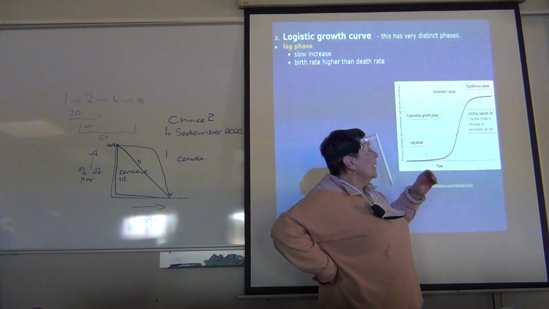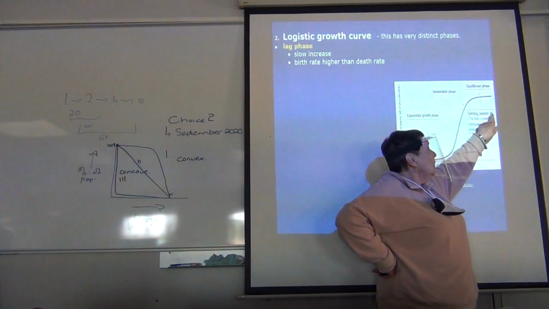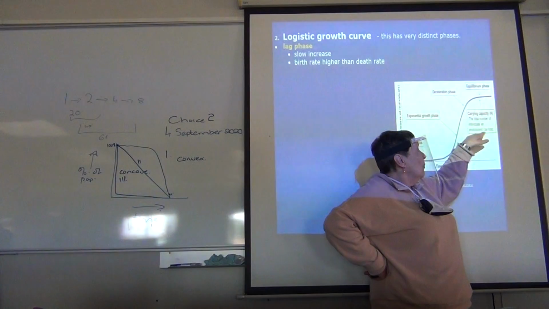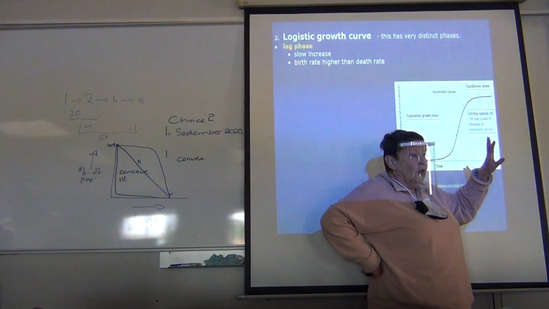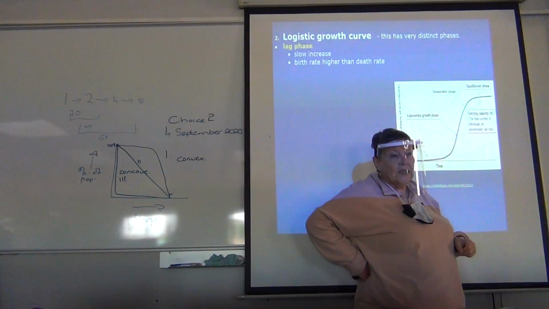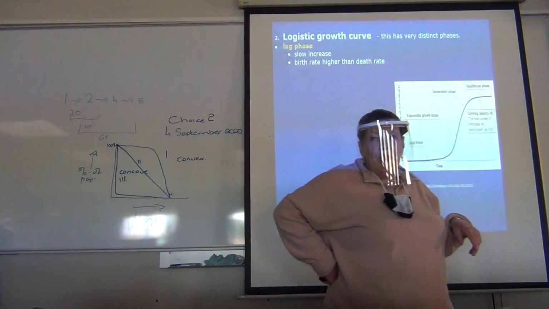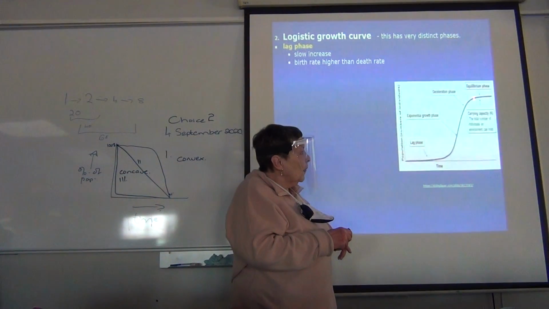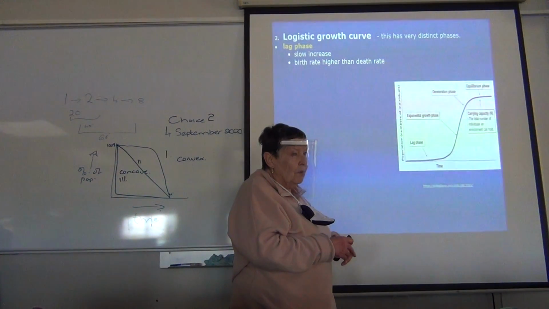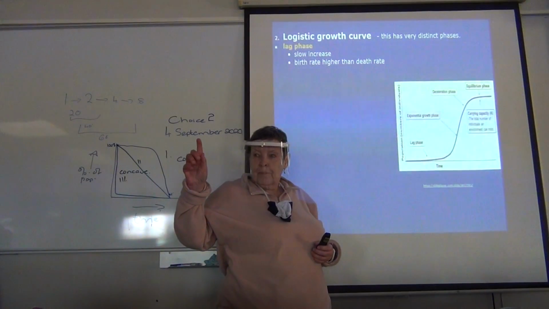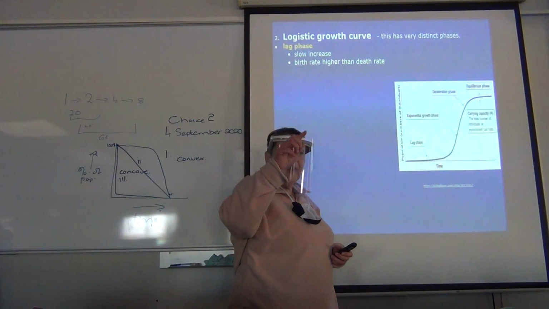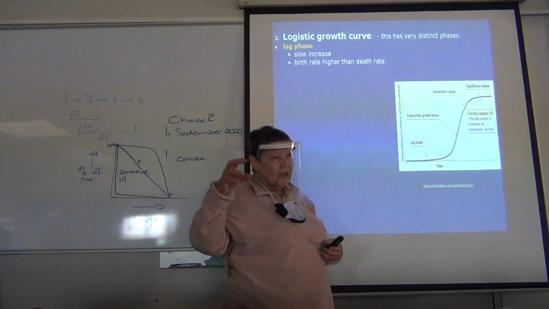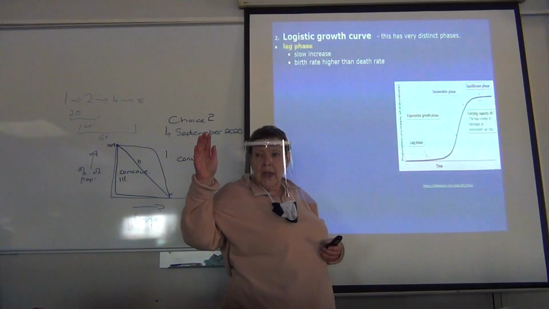Followed by an equilibrium phase, where good old carrying capacity is reached. And the total number of individuals that the environment can hold, and blah, blah, the whole definition of a carrying capacity at that point there. Okay, you happy with that? And generally speaking, the population is not constant here. Remember I spoke last lesson about how the population tends to fluctuate around the carrying capacity. If times are good, if there's good rainfall and it's warm, then the population